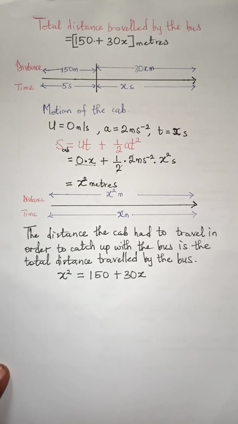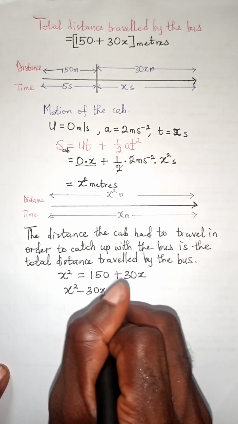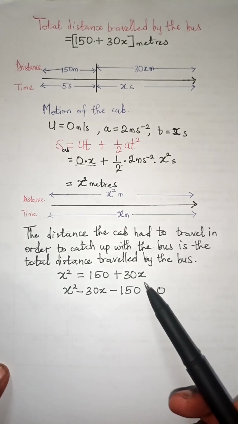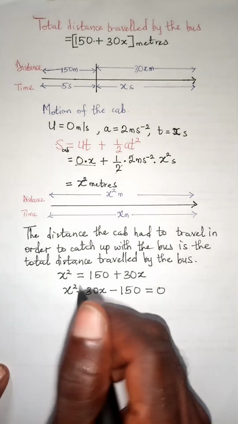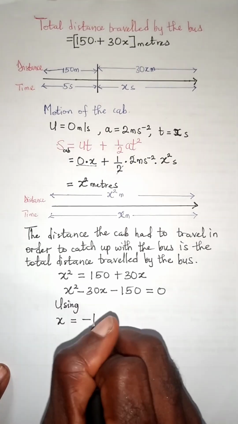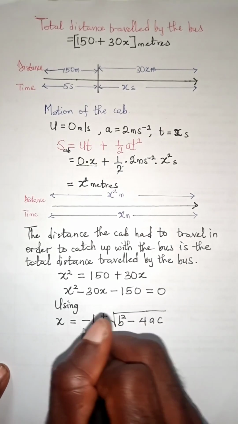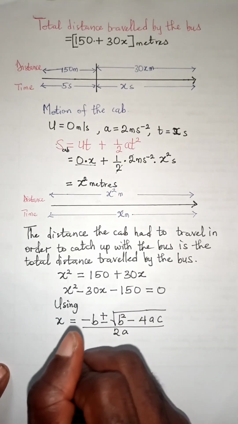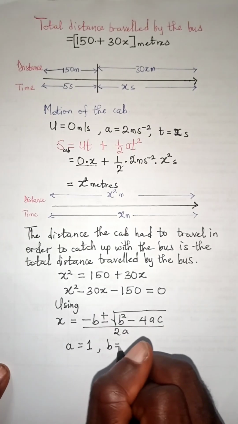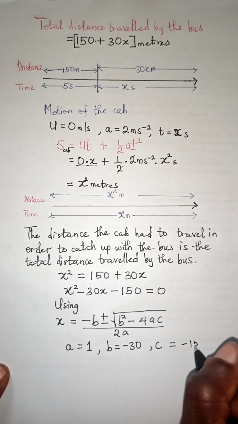Now this leaves us with a quadratic equation, so we can rearrange to have x squared minus 30x minus 150 equal to 0. Now this does not factorize, so we use the quadratic formula. Now using x equals negative b plus or minus the square root of b squared minus 4ac, over 2a, which is the quadratic formula, where a from this equation is the coefficient of x squared, and that's 1. b is the coefficient of x, negative 30, and c is the constant term, which is negative